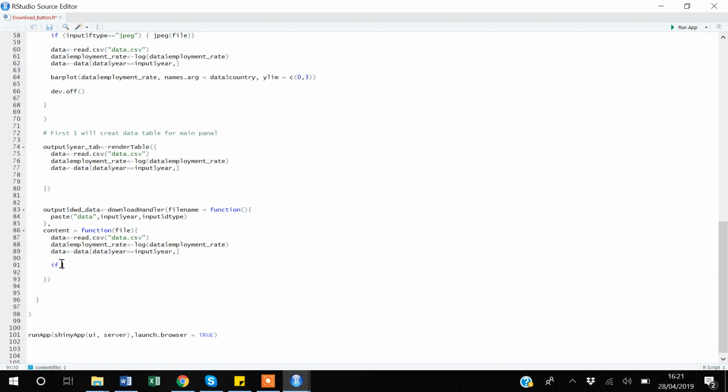So in order to do that I will be using an if condition. So I will be saying if input$type is equal to CSV, then